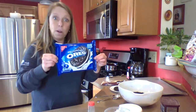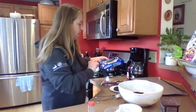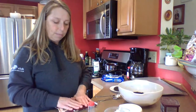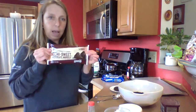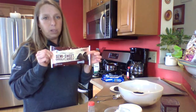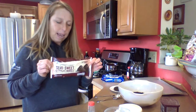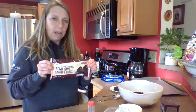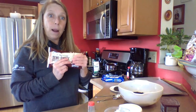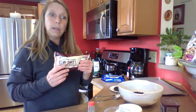Okay, so Oreos, main ingredient, hence Oreo cookie truffles. To get your truffle effect, you're going to need some semi-sweet chocolate chips. That's what I had today. I normally use baker's chocolate, but I didn't have any on hand. But I did have some semi-sweet chocolate chips, and I emptied out a bag of these into my double boiler